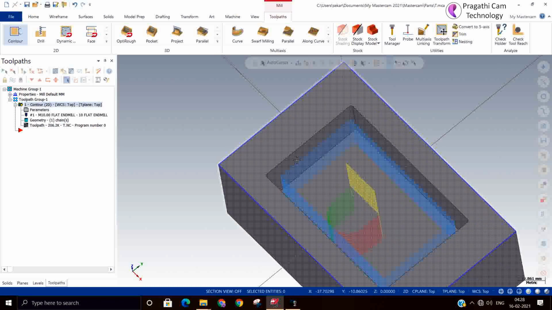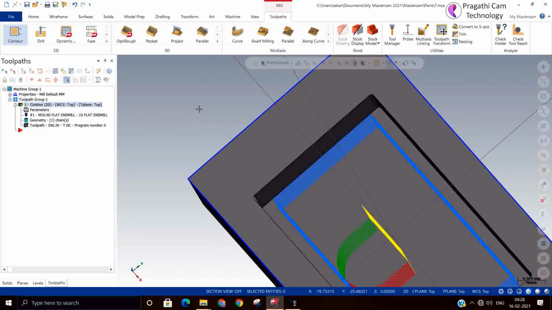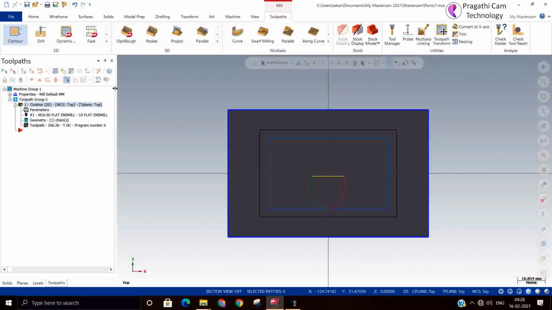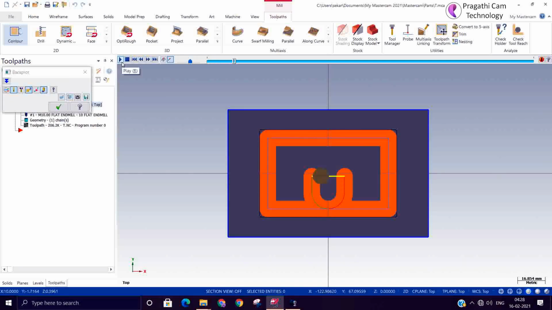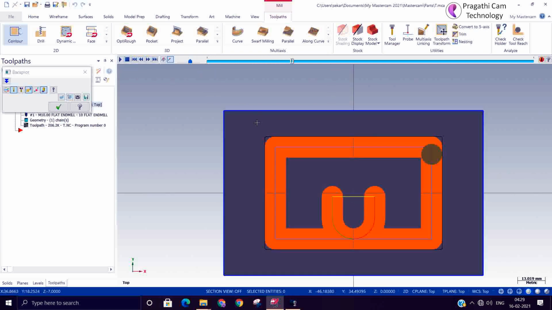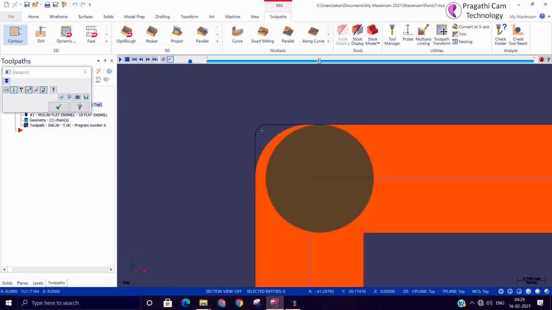If you see in the top view how it is cut, switch on the shading. If you zoom the corner, you can see that there is material left out here. Because the corner radius of the tool is R5, but the radius here is R1.